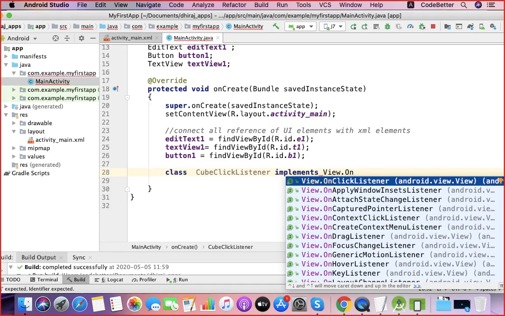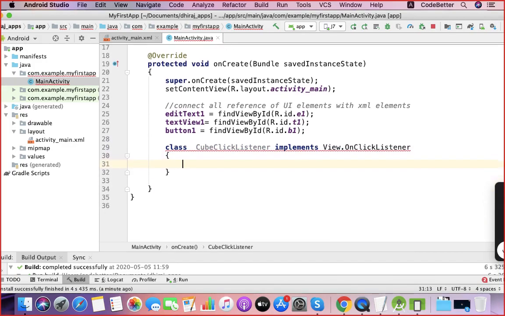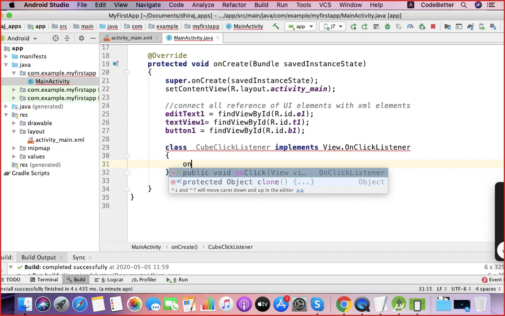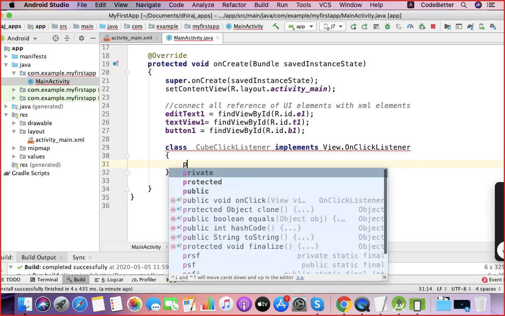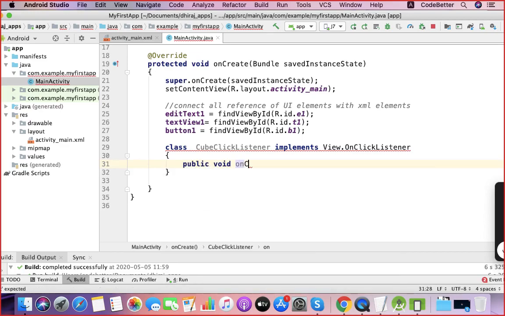So I am inheriting that interface, that abstract class, and from that abstract class I am going to override a function onClick. You just type it, it gives you a suggestion, or you can manually type it: public void onClick, like this.